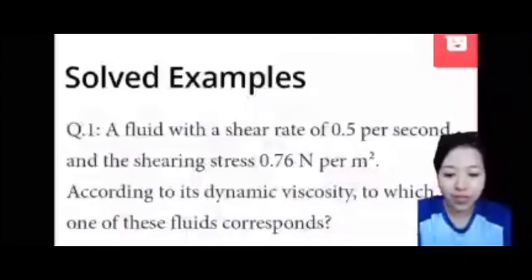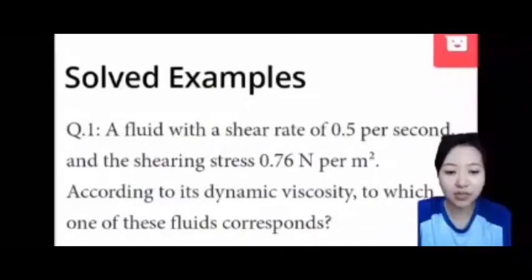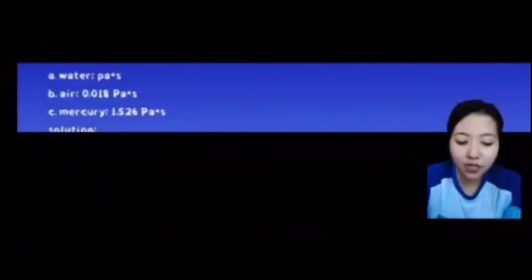A fluid with a shear rate of 0.5 per second and the shearing stress of 0.76 N per meter raised to the second, according to its dynamic viscosity, to which one of these fluid correspond. So we have the choices of A. Water with dynamic viscosity of 1 Pascal S. B. Air with dynamic viscosity of 0.018 Pascal of S. And C. Mercury with dynamic viscosity of